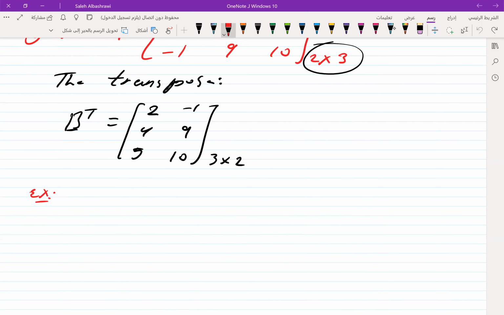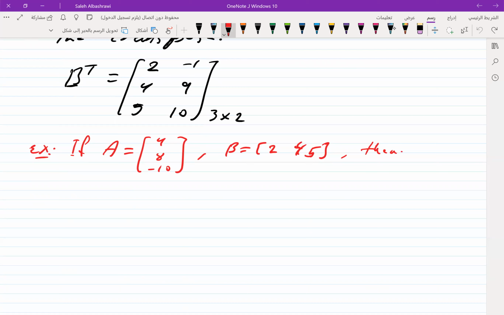Example. If A equals 4, 8, minus 10, and B equals 2, 4, 5, then find A transpose A, the product of A transpose and A, which is equal to